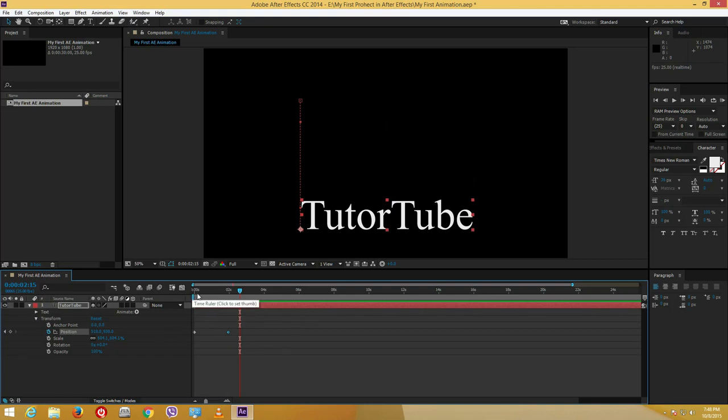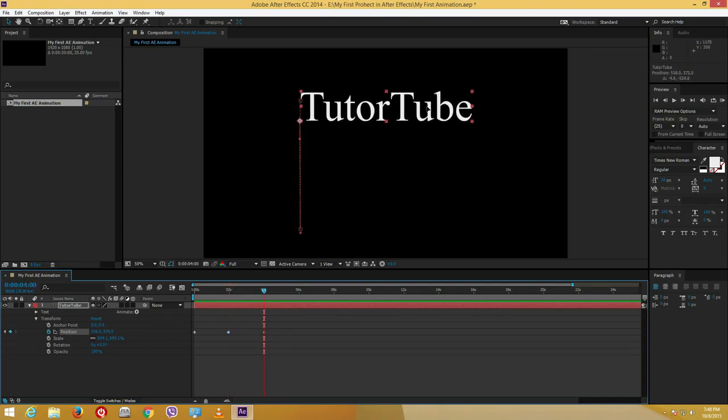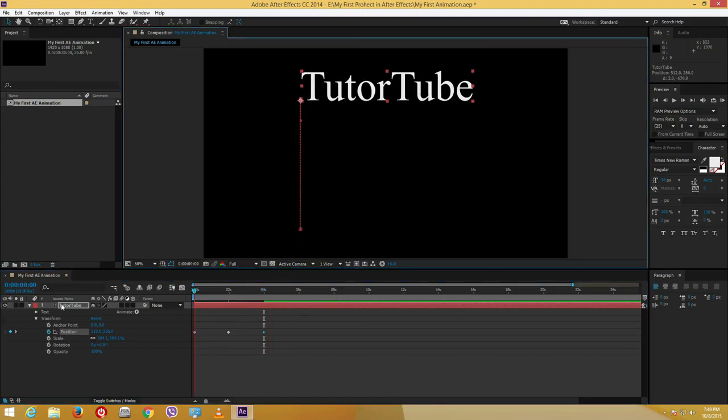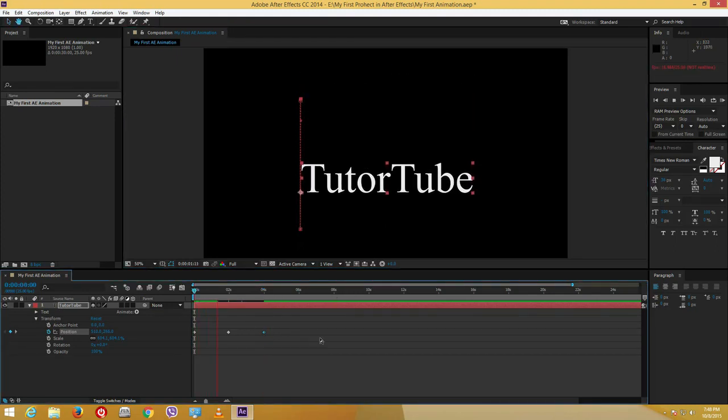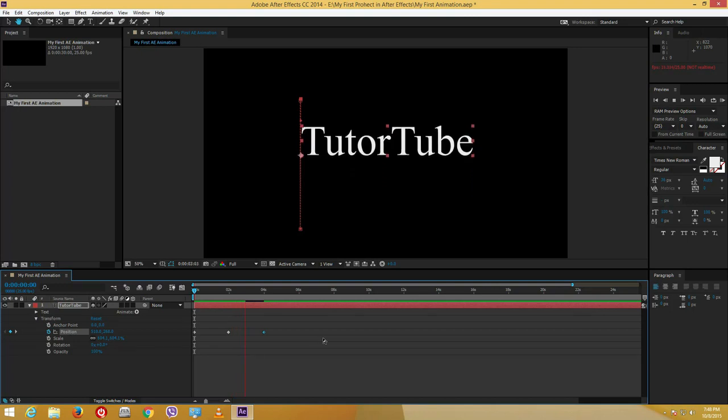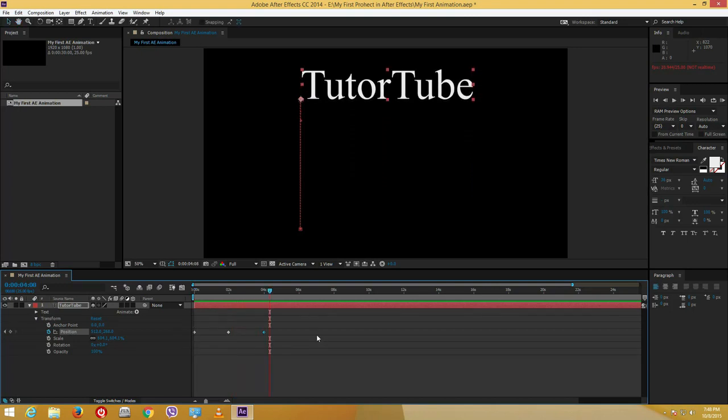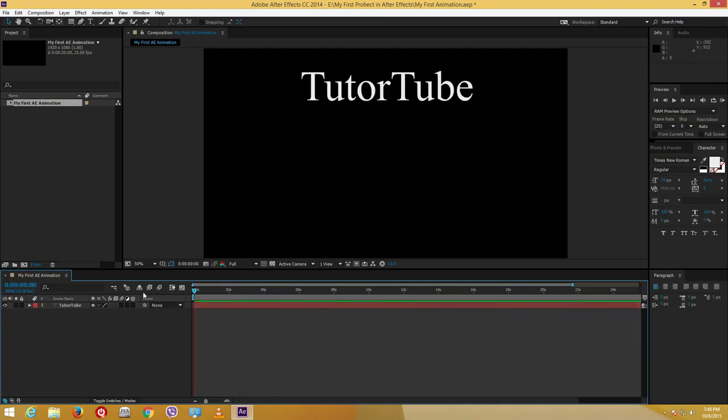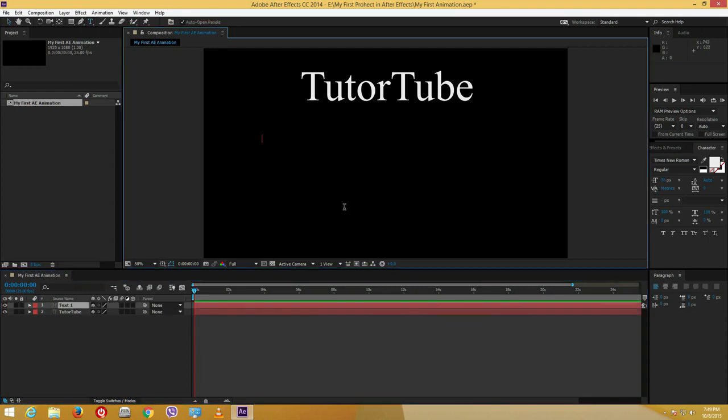If you want the animation to continue further, let's say I want the animation to go back, then I can simply drag the video back up, and as you can see, it goes down, right, then it goes back up, right? So I can have another animation right here. I can also add in other layers. So I'm going to deselect this, click on an empty spot right here, click here, and let's just say I'm going to type,